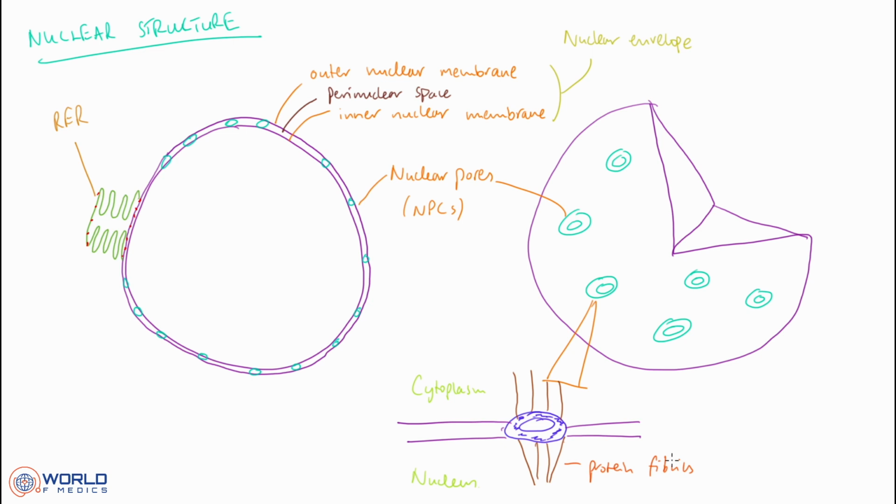Okay, so that's the nuclear envelope and the nuclear pores. Now moving inside of the nucleus, what have we got? Well, we have a very interesting structure which is composed of intermediate protein filaments. And it's forming this mesh-like network inside. And you'll notice that one side is attached to the inner nuclear membrane. Well, what's the other side attached to? It's attached to